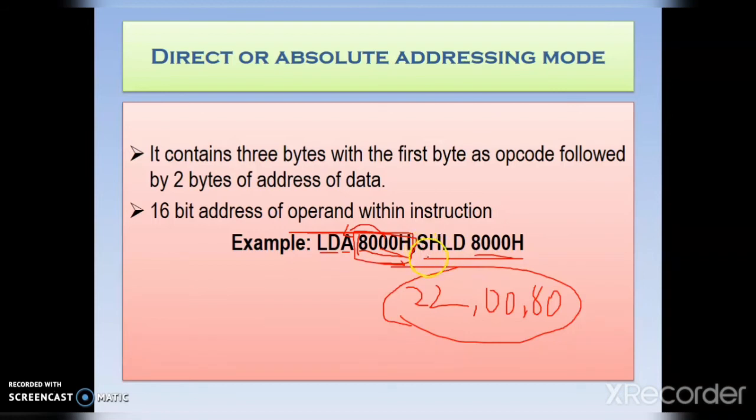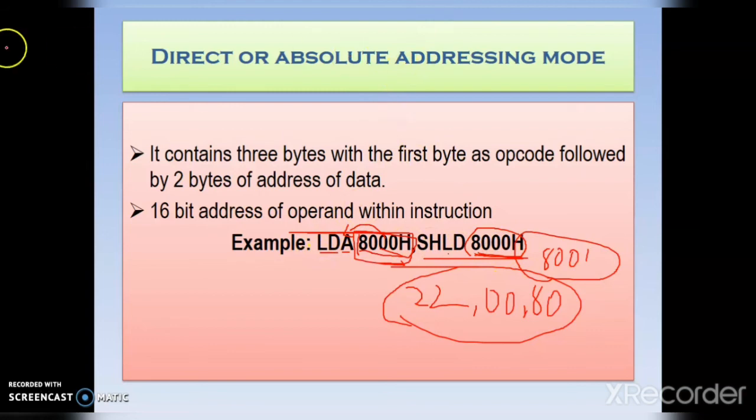It has the HL register pair. Here S represents stores, and 8000 represents a 16-bit address. It has 2 memory locations: one is 8000, and the next memory location we have to consider is 8001. So the function of this instruction is, we have the HL register pair with a lower byte and a higher byte. The contents of the L register are moved into memory location 8000H, and the contents of the higher byte, the H register, are moved into memory location 8001H. So this is the function of SHLD.